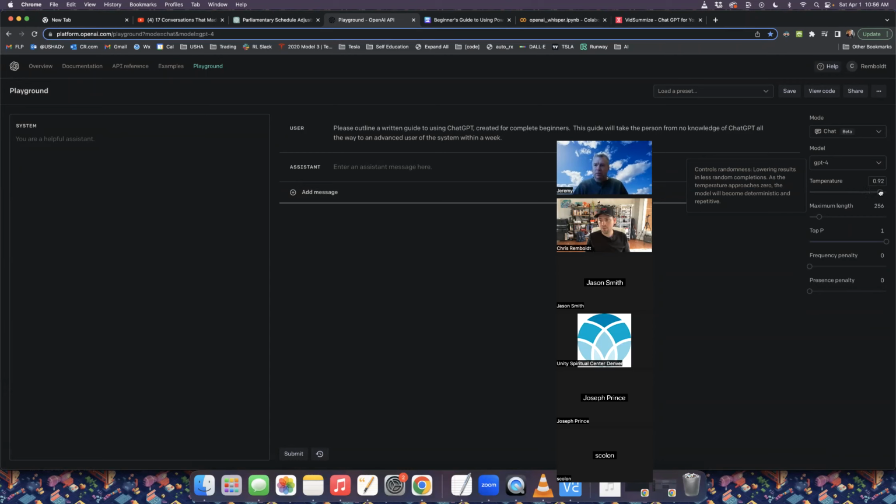And if you want something that's more like you're trying to generate text for, let's say you're making an audio book with the audio generator we're about to look at, maybe you want it to be a little bit more creative. So we're going to turn the creativity up on this. We're also going to turn the maximum length up on this. This is how many tokens it will allow for this conversation.